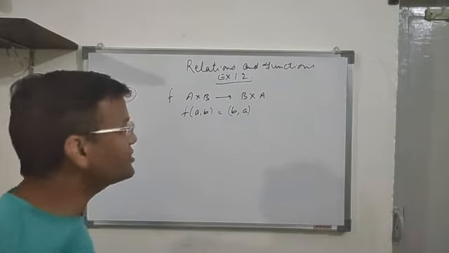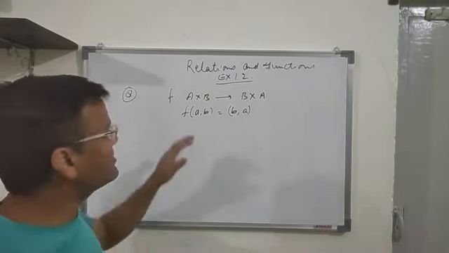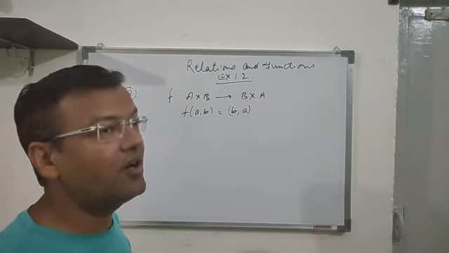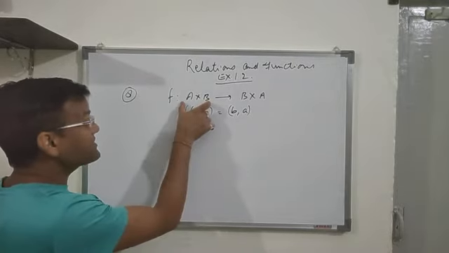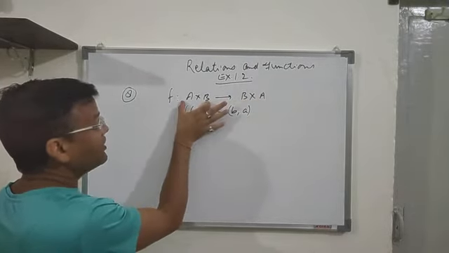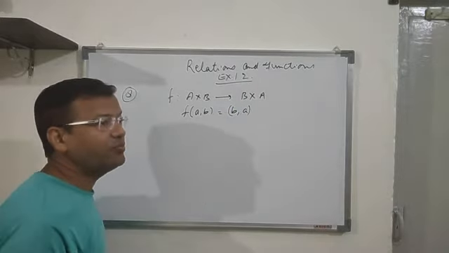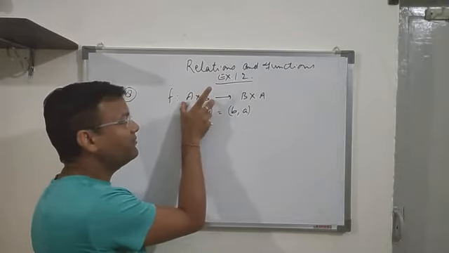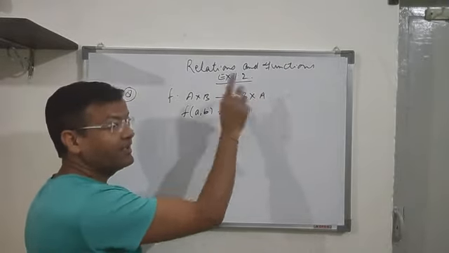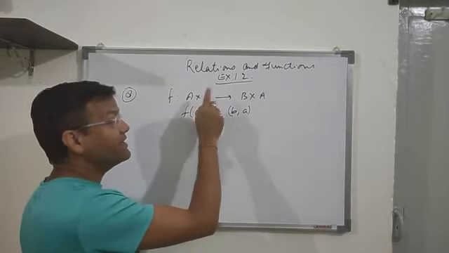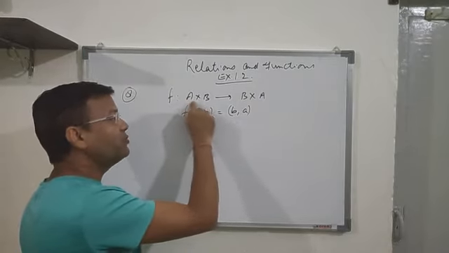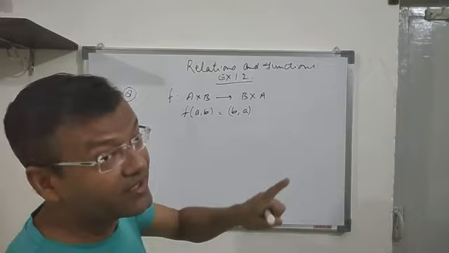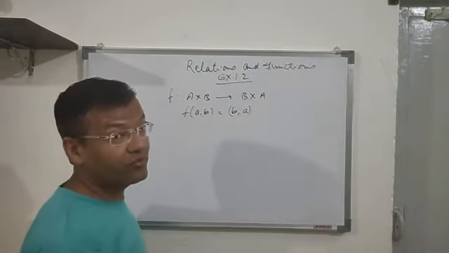Now, this question is based on the Cartesian product of sets, so the elements will be taken in terms of ordered pairs. Because this is a set of ordered pairs, and this is a set of ordered pairs. Whenever we are going to prove this function to be 1, 1 and onto, we take the elements. For 1, 1, we take the elements from the domain. For onto, we take the elements from the codomain. The elements of this domain are always ordered pairs. So remember one thing, that we have to take the elements in terms of ordered pairs. We will not take a single x belongs to.